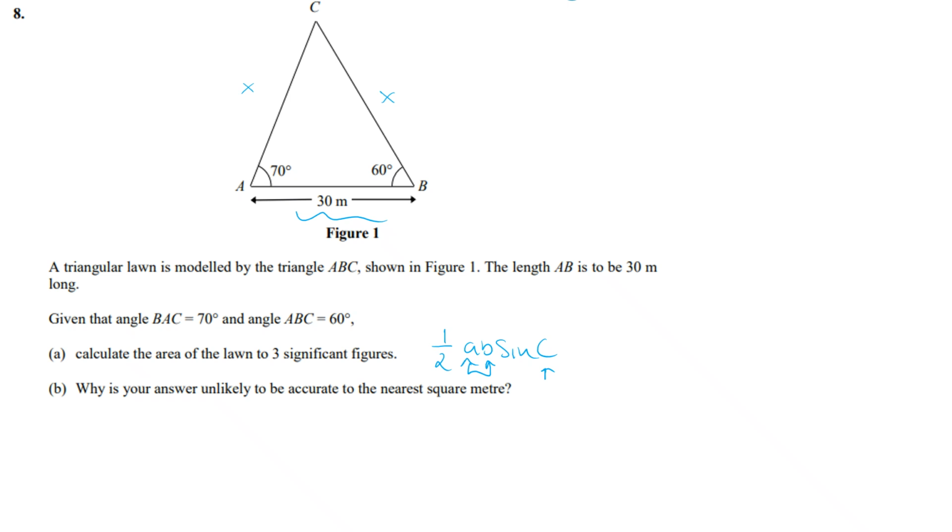So we need to find either this side or this side. Now we're going to do that by using the sine rule. We can work out that this angle here is going to be 50 because angles in a triangle add up to 180, and then we've got a pair of opposites and we can find whatever. So I think I'll go for this side here. So I'm trying to find BC, and it's going to be that length over sine 70 is equal to 30 over sine 50. Now just rearranging, this gives me that BC is going to be 36.8,